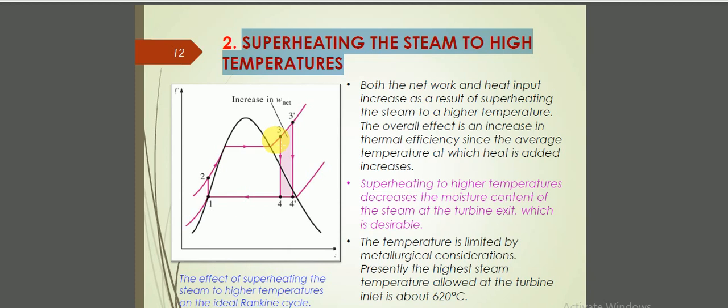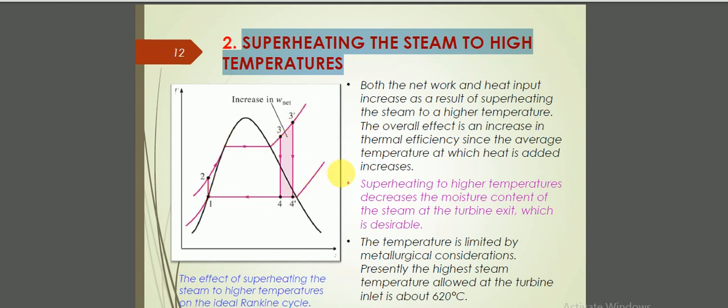The value will increase from 3 to 3 dash. So what we are doing is very advantageous. Mainly we are increasing the heating temperature from 3 to 3 dash. We are increasing the overall area, that is, we are increasing the efficiency. So 3 to 3 dash. The moisture content is also less, the quality of the steam is also more, and also efficiency is